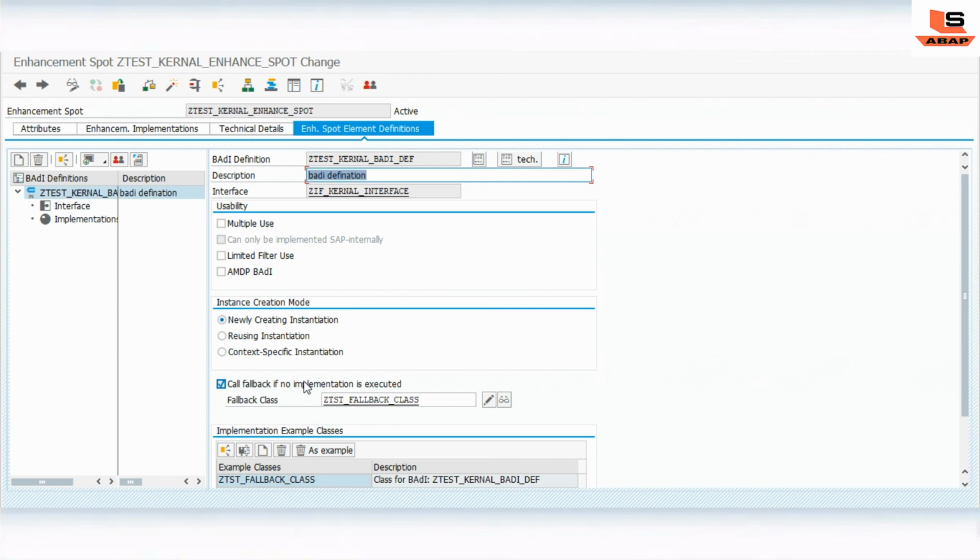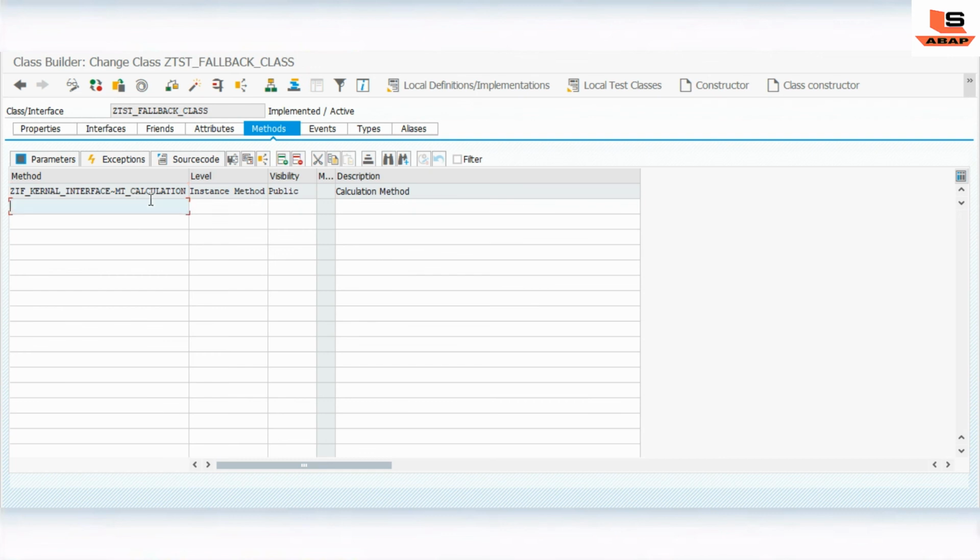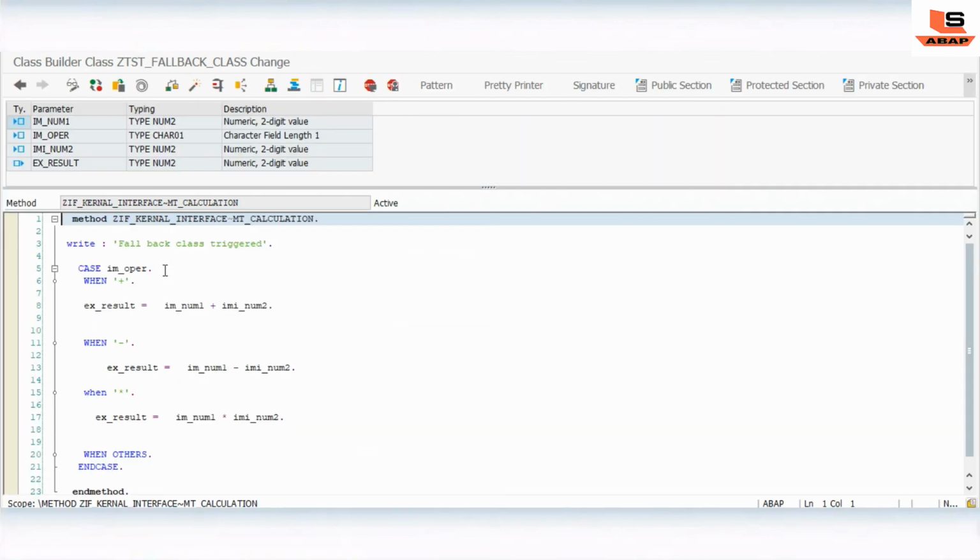What does it mean? Whenever we execute this kernel body, first it will check whether the body implementation is implemented and active. If it is not active or implemented, then it will call this fallback class and execute whatever code we have inside this fallback class.